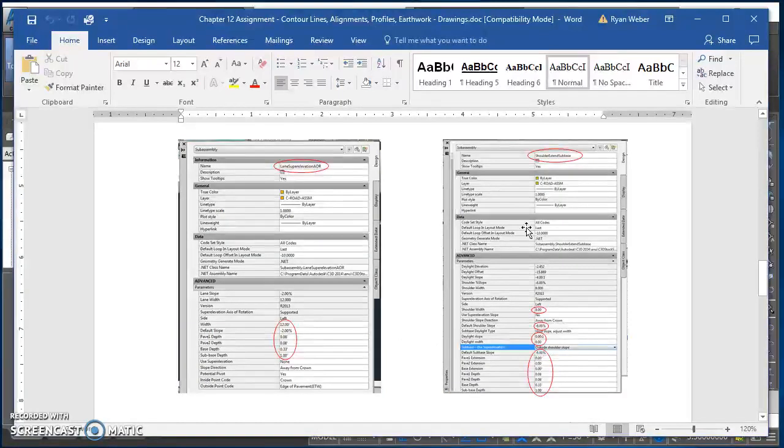I also included these screenshots for you. This first one is lane super elevation AOR, and then I circled the spots where you typically need to pay attention. That's the information that's going to change from one assignment to the next. So we've got lane super elevation AOR, we have shoulder extend sub base, which is the next one we're going